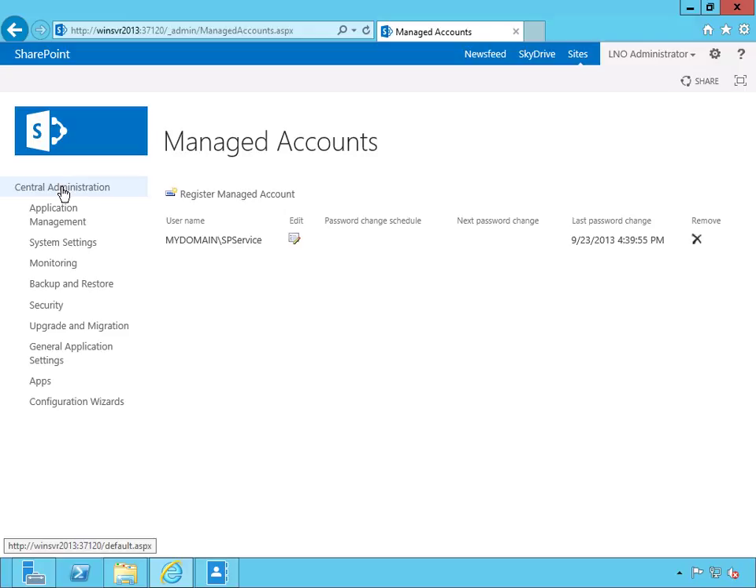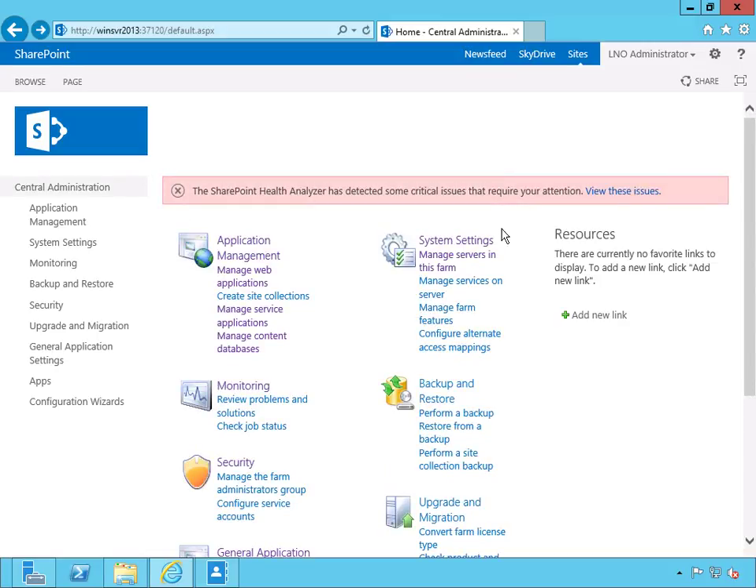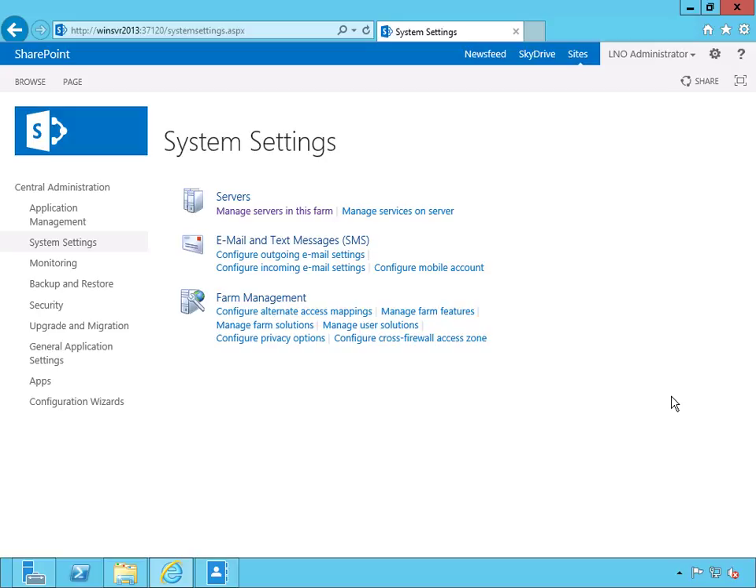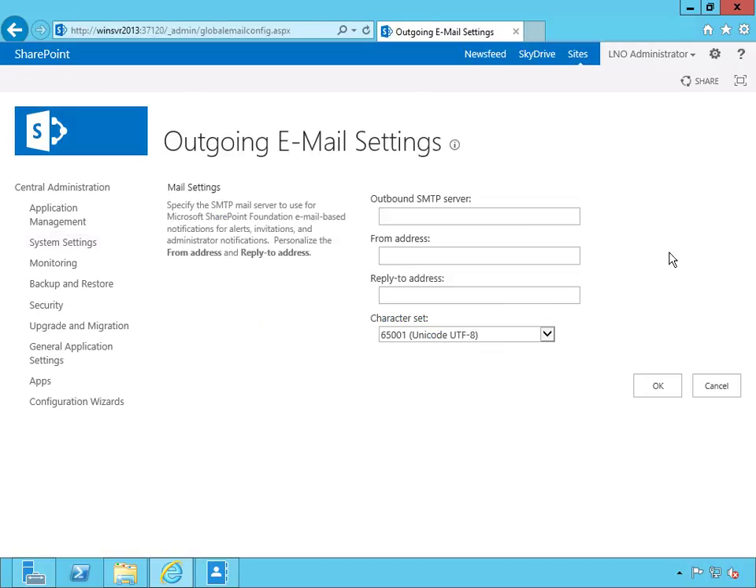So we'll go back to Central Administration. And so to configure email, we go into System Settings, and set up our email and text SMS. We'll start with outgoing email settings because this is the one most commonly used. And we've got our outbound SMTP server. I've actually gone in and set up the SMTP service on this server, so I'm just going to use